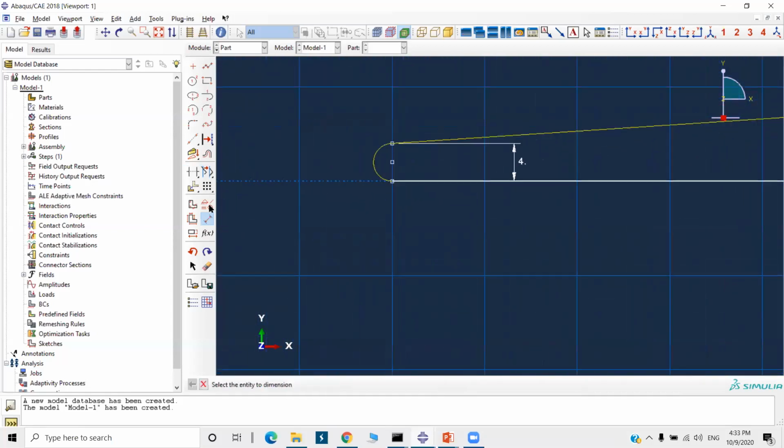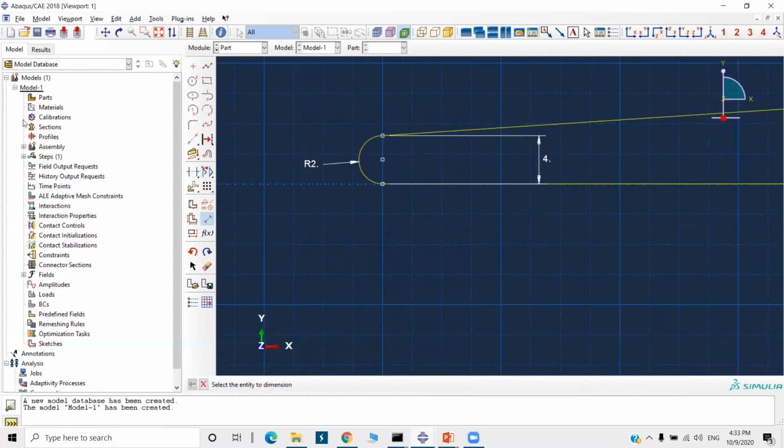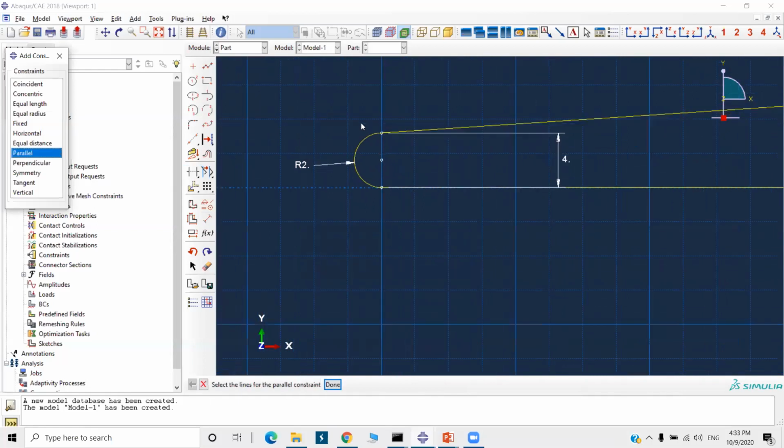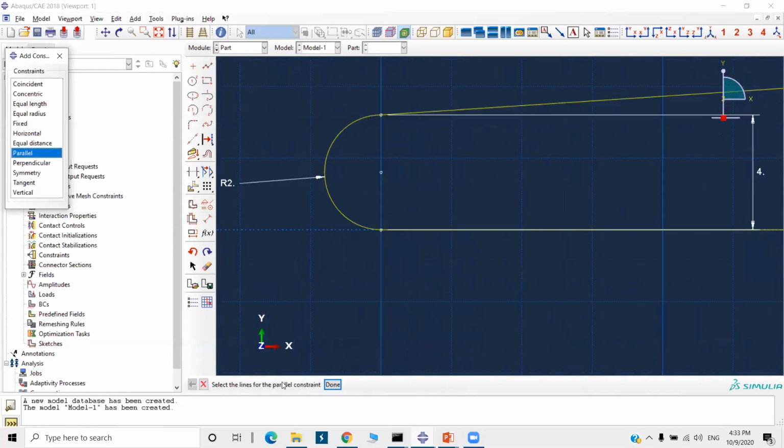Okay. I'll go to constraint, add constraint. I'll go for parallel. Select the lines for the parallel constraint.